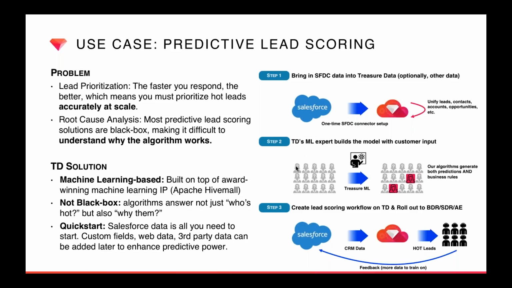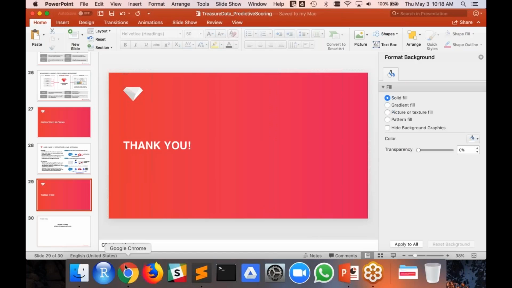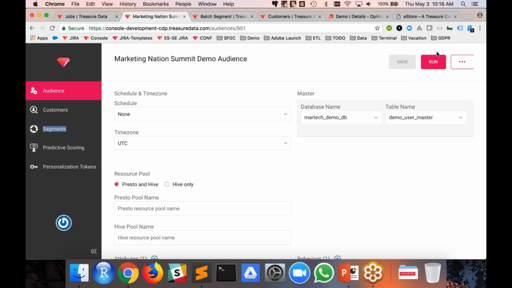So these are your typical marketers, and the workflow typically is they bring data in, and then we can actually build predictive scoring using our tool, and then we send that out, and because the data is integrated, as I showed you before, we're actually feeding back into the model, and we're validating the model, so the model is evolving over time. This is predictive lead scoring, and I'm going to show you how we do it here in just a second. But that's not the last slide. Let me go over to this guy.